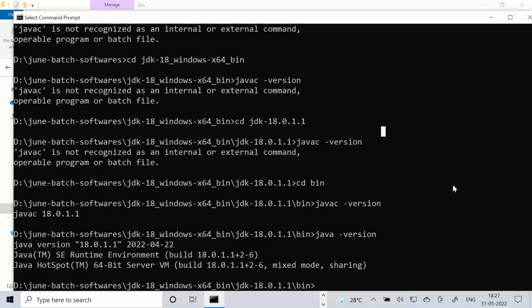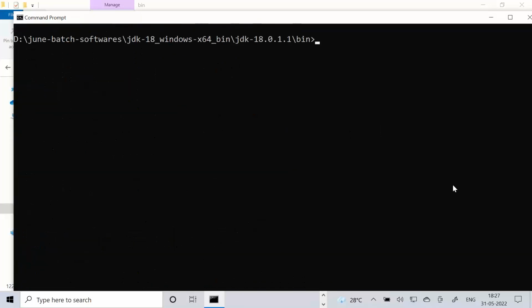Now, clear the screen. Come to the C drive. By default, you are getting into users and user. If you don't want this and want to go to the root, then cd space slash.